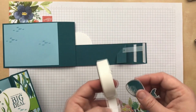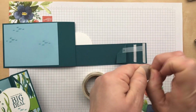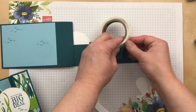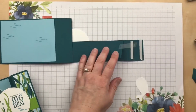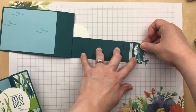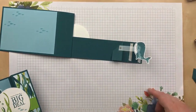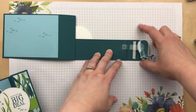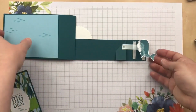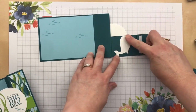And then our whale is going to go, I think it's actually easier to put the glue dot right on the window sheet. Oops. And then our whale is going to go on the card so that you want him to fall within this 2 inch spot. So it's kind of tight with the whale, but you don't want him to be sticking out. So whatever your pop-up piece is, you want it to be something that you can angle within that 2 inch margin. Okay, so now when we fold this back over, you can see he's falling within the margin,